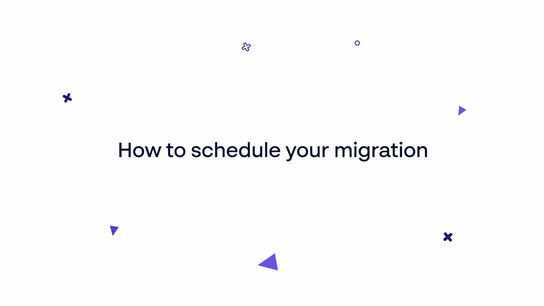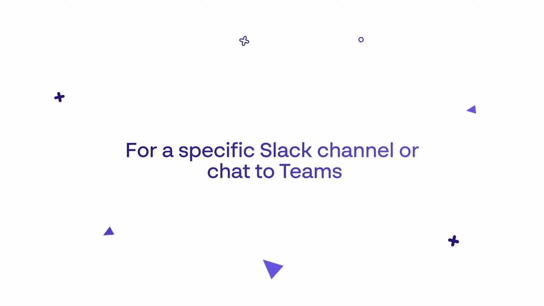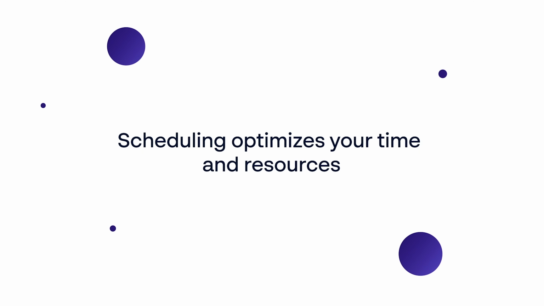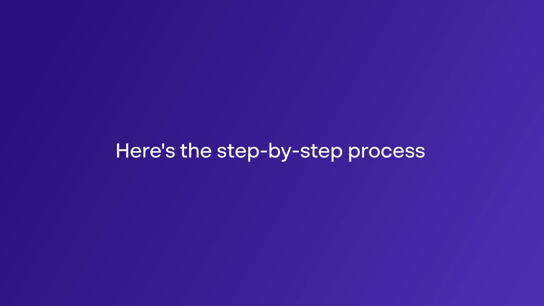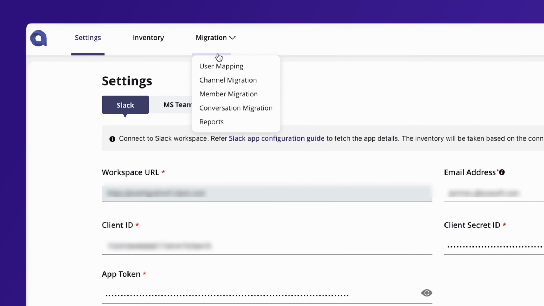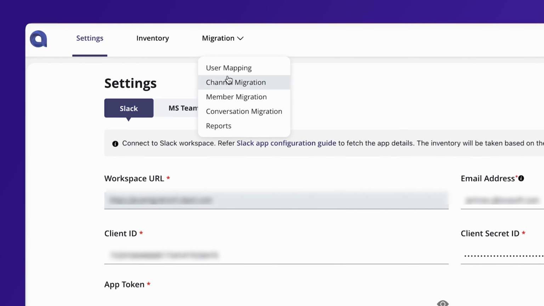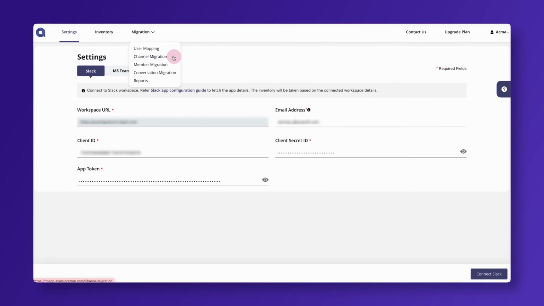Let's get to know how to schedule your migration for a specific Slack channel or chat to Teams. Scheduling optimizes your time and resources, allowing you to migrate data on your preferred timeline. Here's the step-by-step process. To begin with, click the Migration tab on AVAMIGRATRON menu bar and choose Channel Migration to